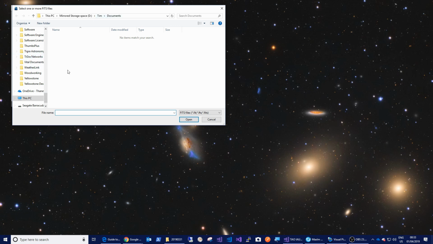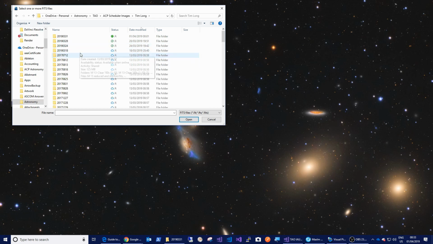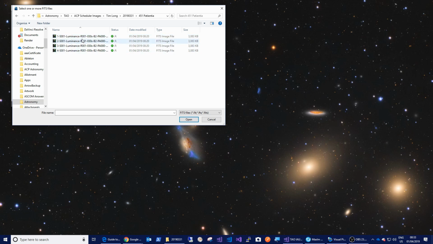let's just see if I can find them. They're in ACP scheduler images. Okay, under my directory, today's folder. So here you can see some of the targets, and so this one, 451 Patientia or something. As you can see, we've taken 4 separate images of each asteroid, and they're spaced about 15